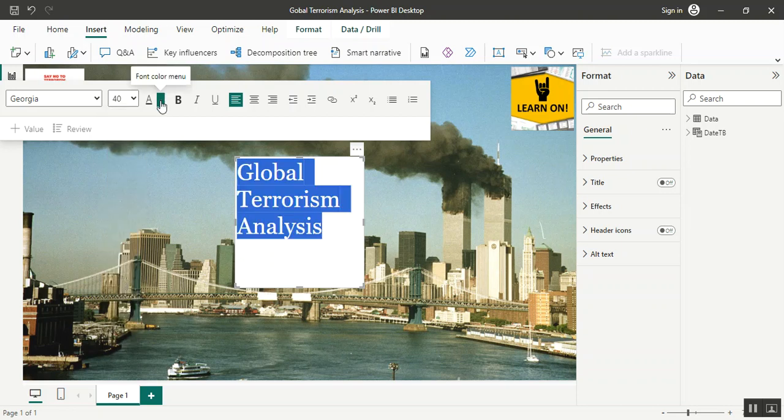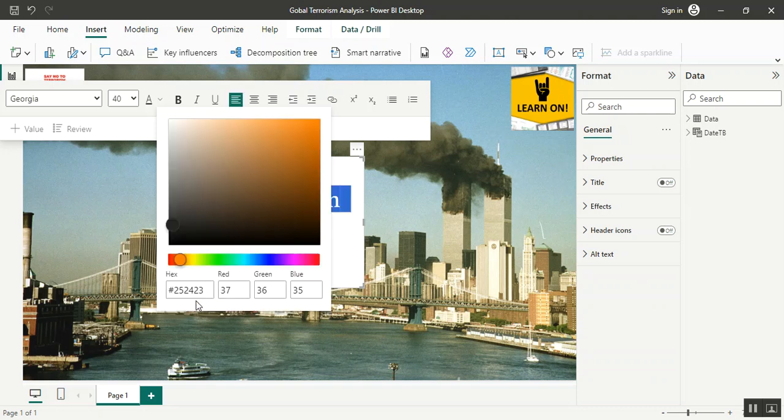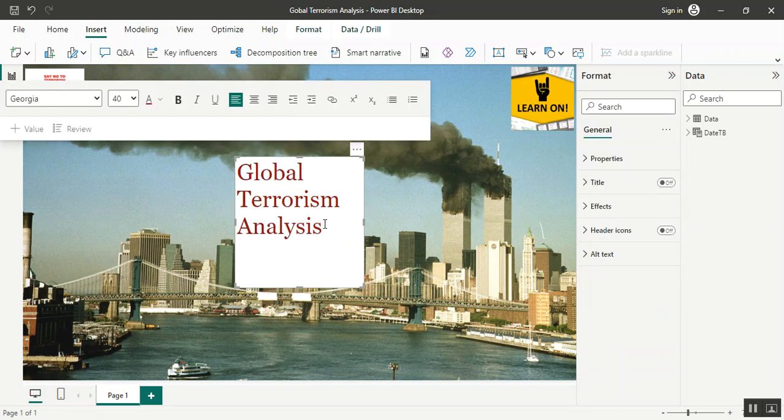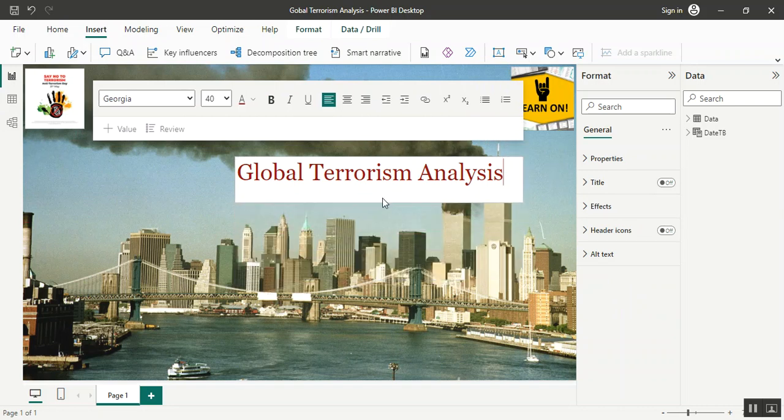Okay, and the color of this, I want a color a bit, let me just pick it from here. I'm not able to decide which color it should be. Yeah, this is I think fine. And we can make it small,